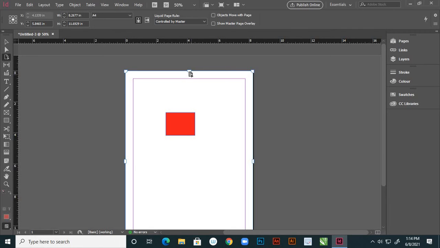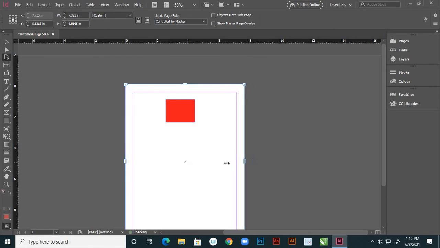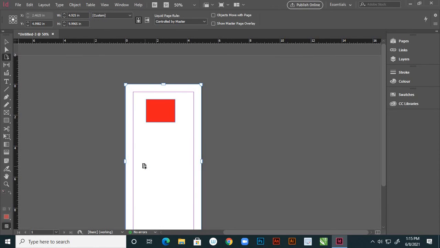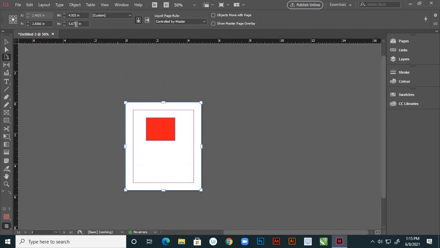So for that, what you have to do is press Alt on the keyboard, and now it is fixing your given area, right? Here it is showing, see, it is 4:9. So by pressing Alt, decrease this also, and the control panel shows the values width and height, 5.6 something.